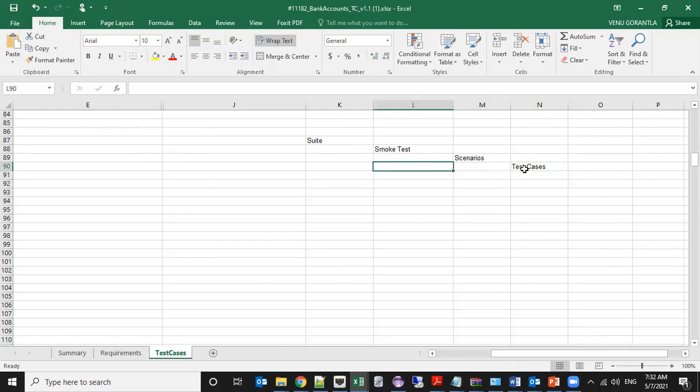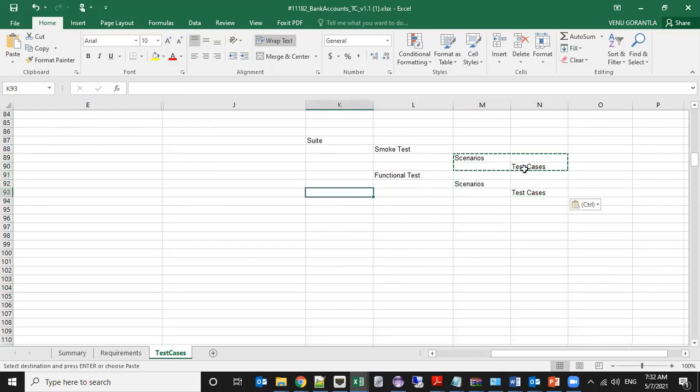Now, the next thing is functional test. In this again, you have scenarios and test cases. What is the next one?